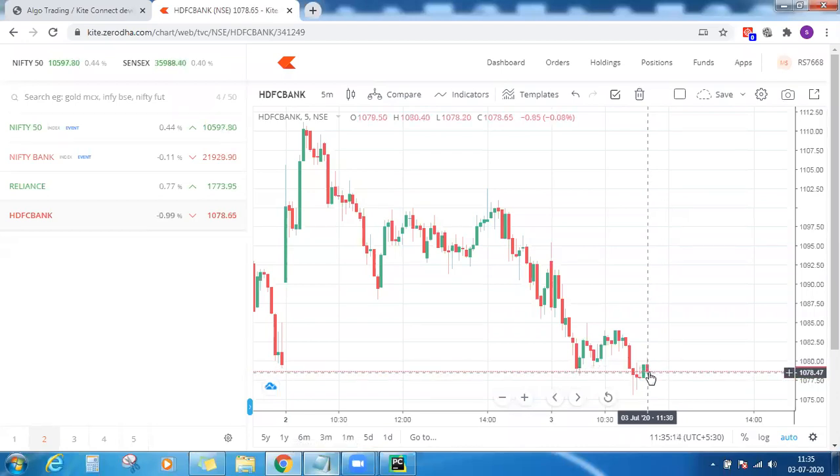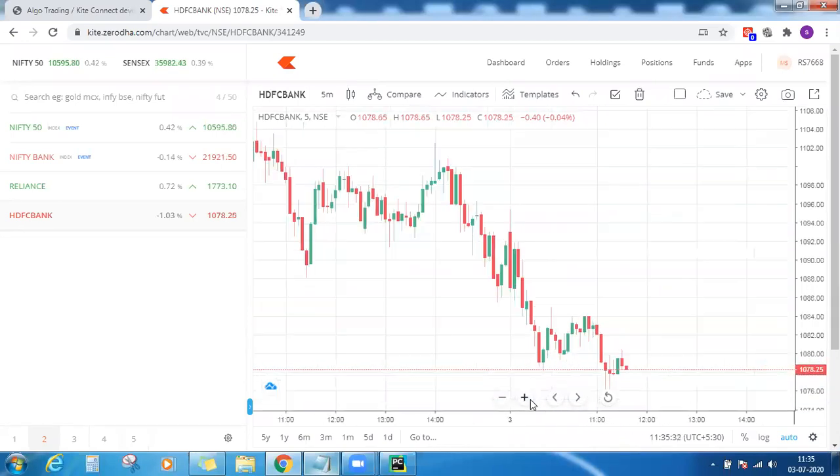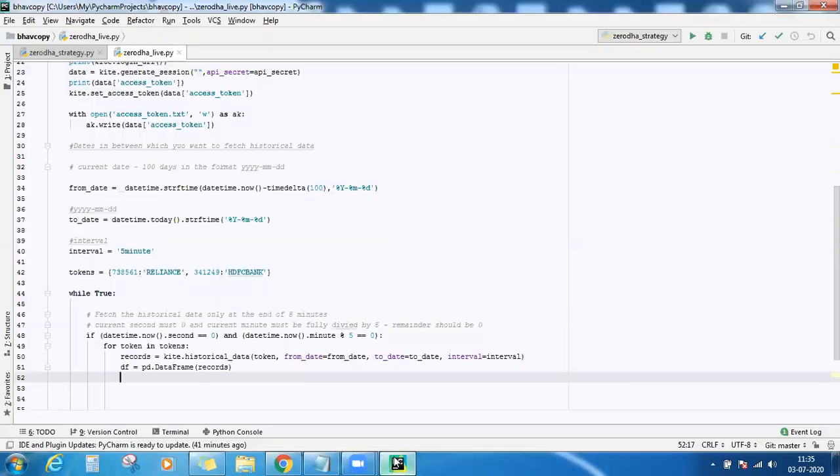But what we want is, we just need the OHLC values of the last candle, and from there, all the historical data. I do not want the current candle data. But since I'm running the program only when 11:35 starts, it also gives me this candle's data as well, the current running candle data. So to avoid that, we can just drop the last row of the data frame.